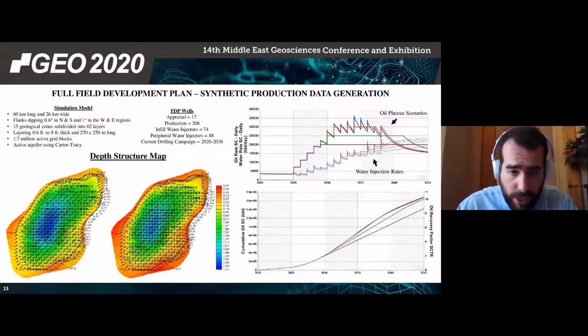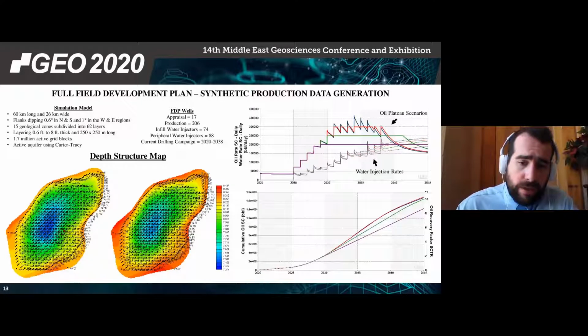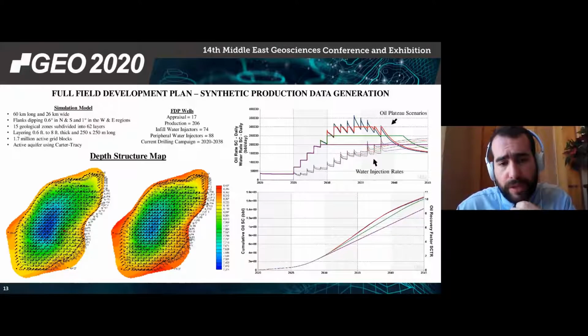Of course, we also have our water injections. What's interesting is only after the year 2040, after the first 20 years, does the voidage replacement start to be close to 1, and it goes above that in year 2025, in years 15. The total amount of oil produced in the first 15 years was 1.6 billion barrels. So that's 10% recovery factor, which means that this reservoir sector has a potential of 16 billion barrels of oil, making it one of the top 50 largest carbonate reservoir examples for one to test and do their full field development plans and